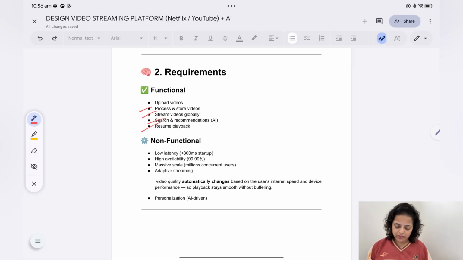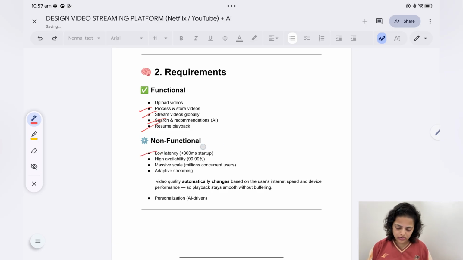Then we need to stream these videos globally, because we need to serve 200 million plus clients all over the globe. And then it should recommend new videos or movies of interest to the user, and resume playback.